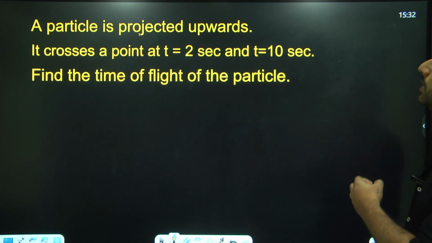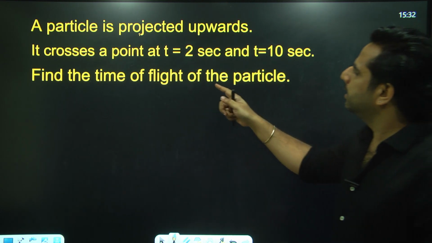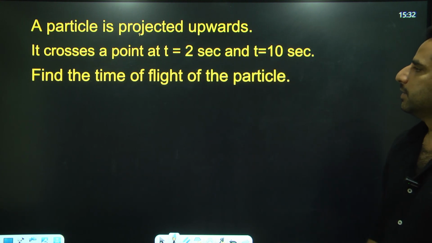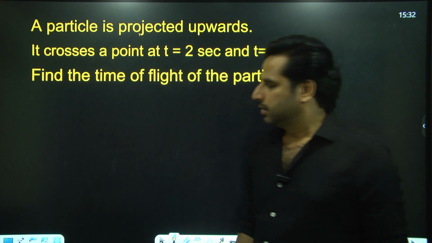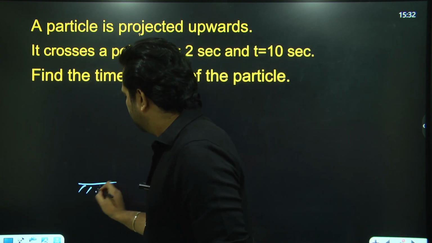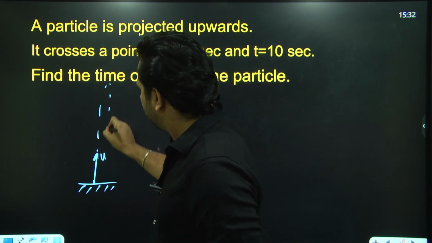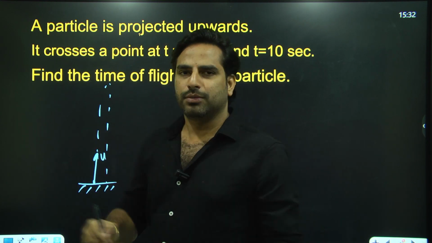A particle is projected upwards. It crosses a point at t is equal to 2 seconds and t is equal to 10 seconds. Find the time of flight of the particle. Say a particle is projected vertically from certain point on the ground, it goes to maximum height and comes down. If you observe the motion of this particle,